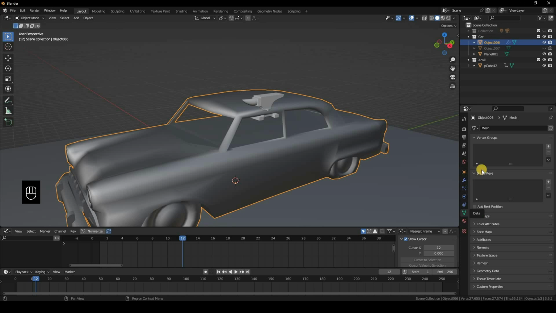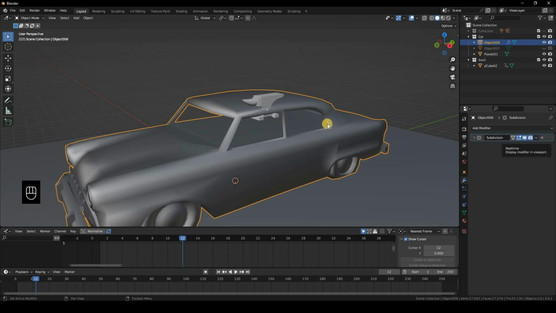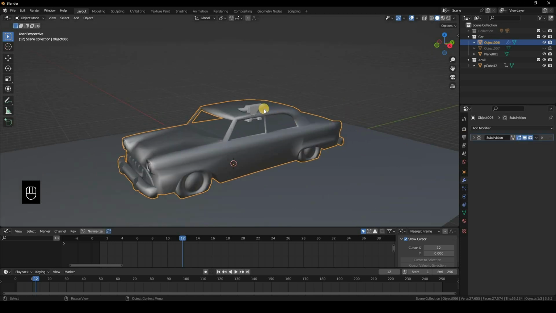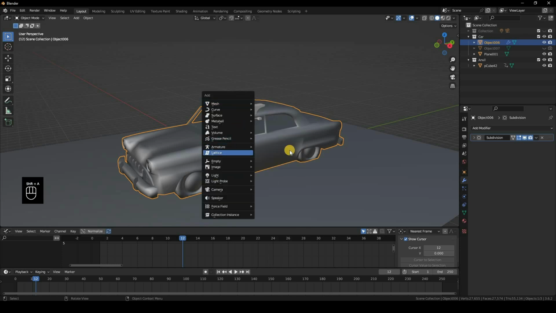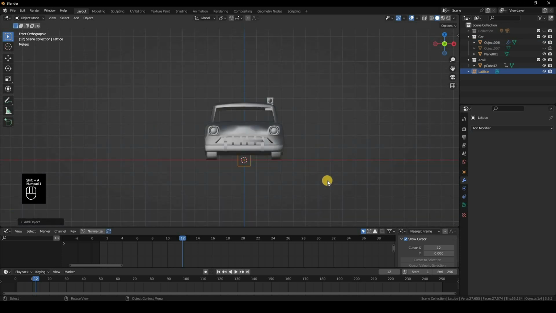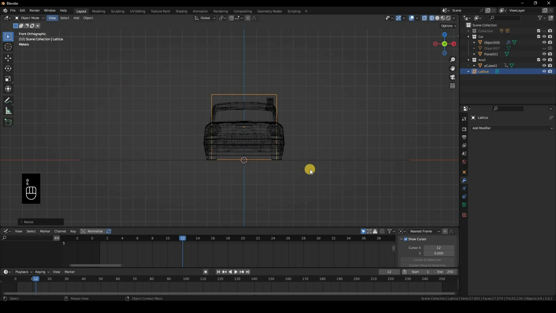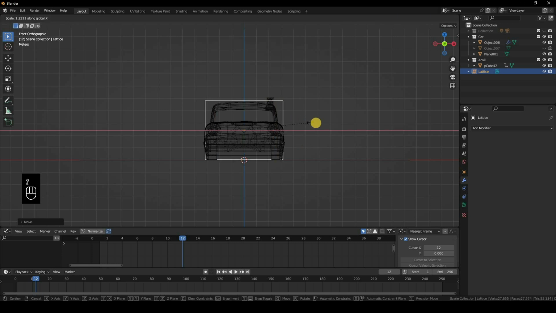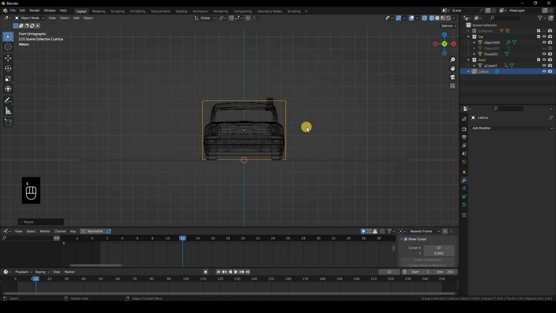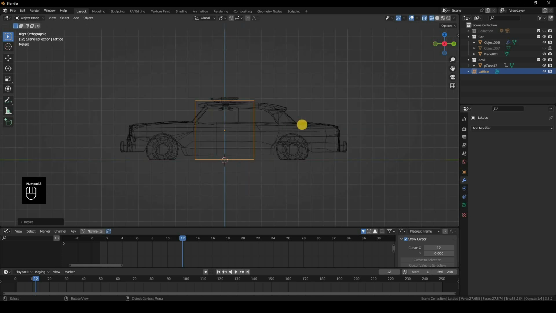It also involves the shape keys, but you can keep the subdivision surface modifier. It's more safe. So the second method also requires the shape keys, but not on the car itself, but on the lattice. So first we add in the lattice, Shift A, lattice. I'll just go to wireframe mode, G Z, and then scale it to about the size of the car, maybe a little more. Make sure that it's as big as the car, because it will be easier for you. So it's almost the same size as the car, and then